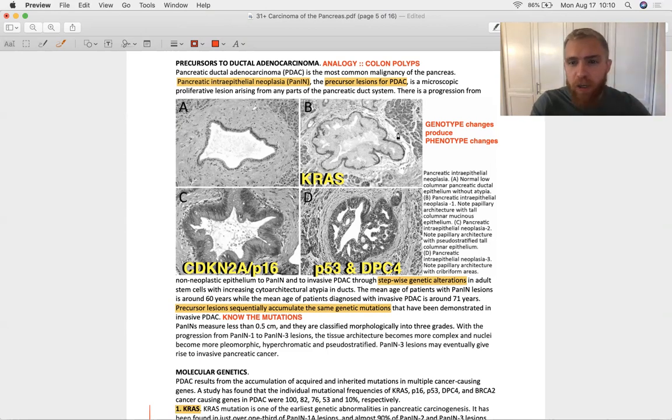In the upper right quadrant, they're showing you a PANIN 1. And what you need to know for the test is that this dude has a KRAS mutation, okay? Period. PANIN 1, KRAS mutation. Now, if they show you a PANIN 2, in Roman numerals and in Arabic, this dude has picked up a P16 mutation, okay? Now, if they show you a PANIN 3, as is in the lower right quadrant of this,